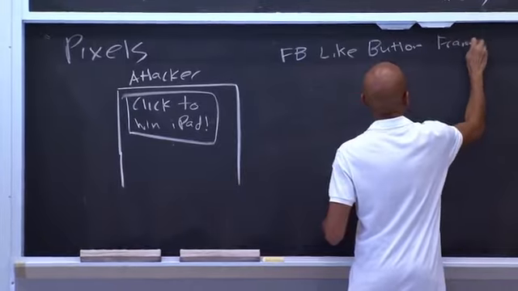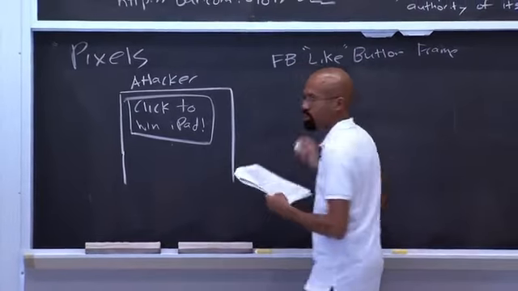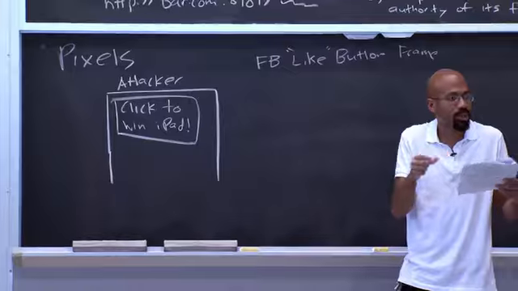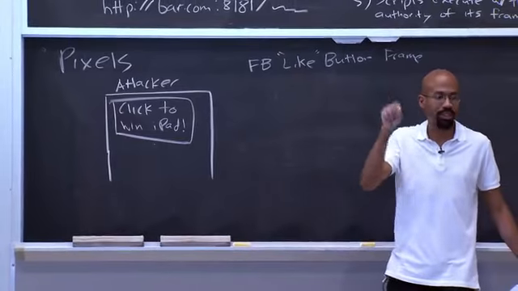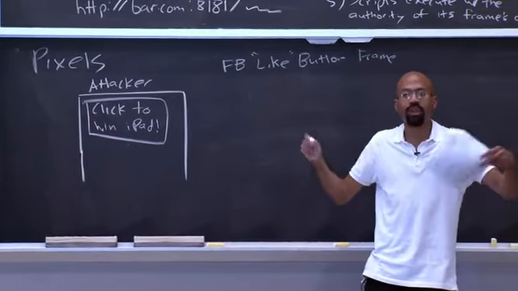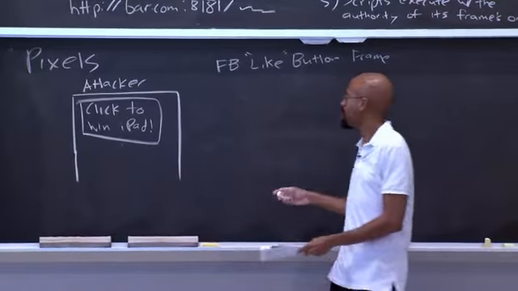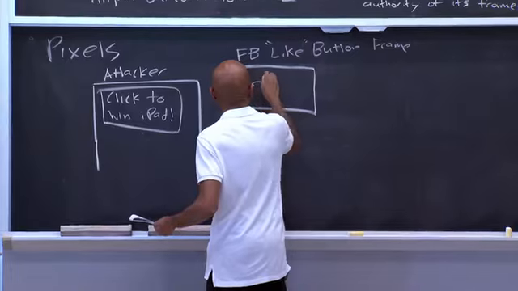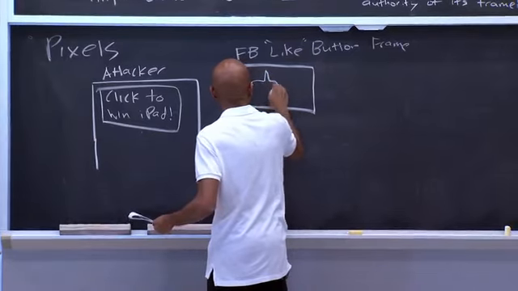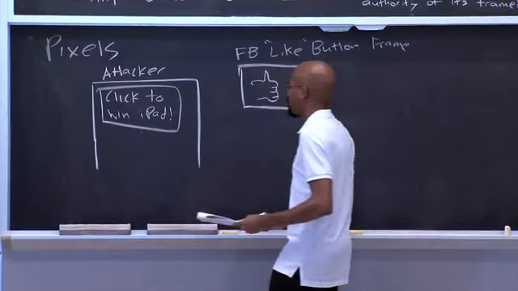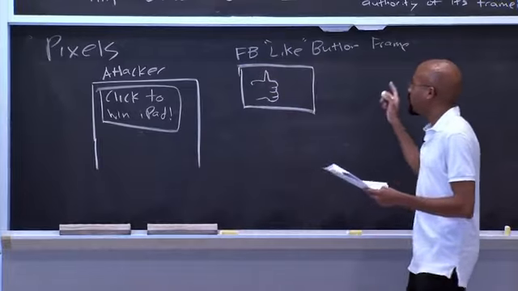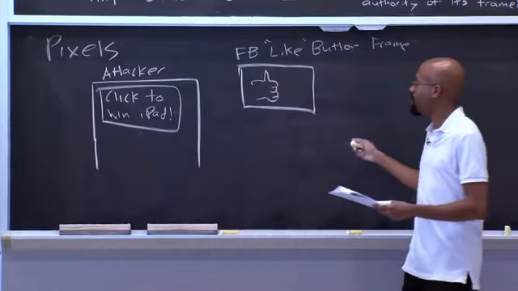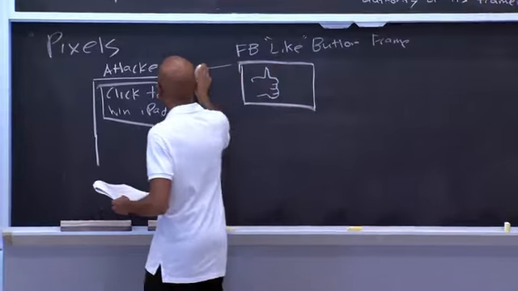Right? So Facebook allows you to run this little piece of Facebook code you can put on your page. If the user clicks like, then that means that it'll go on Facebook and say, hey, the user's liked this particular page. So we've got this child frame over here. Anyway, so you've got this like thing over here. Now what the attacker can do is actually